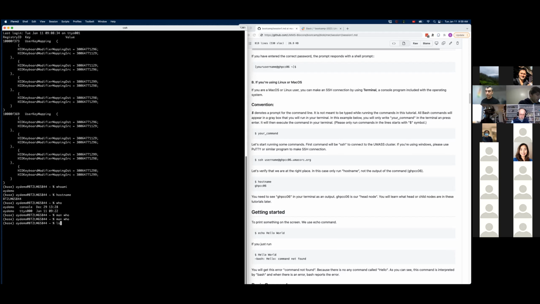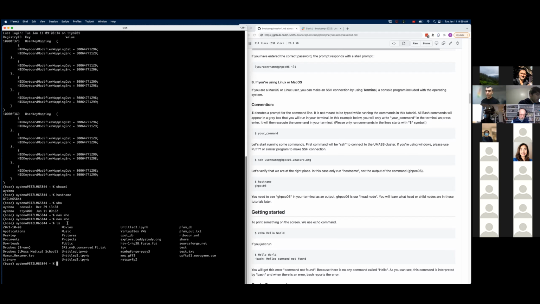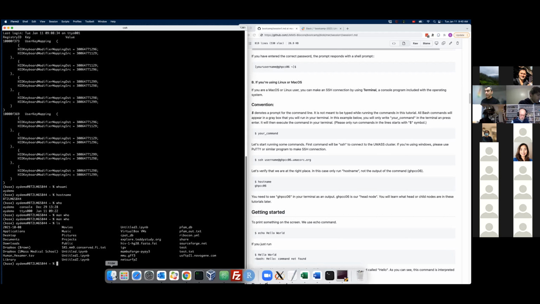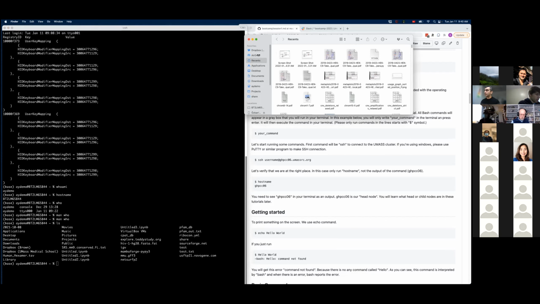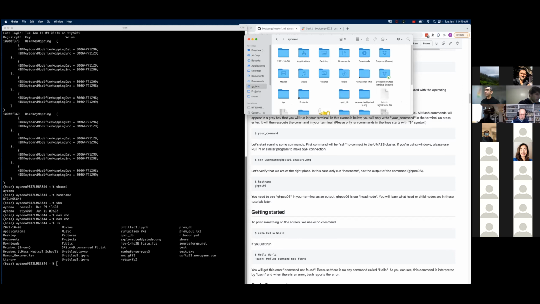So if I do, for example, use list command, I will see whatever is in my home directory listed here. So it's basically very similar to using it with a graphical user interface. If I go to my home, here the difference is I'm using my mouse and the Finder software, but you'll see that there are basically the same folders that are shown here are also shown here.